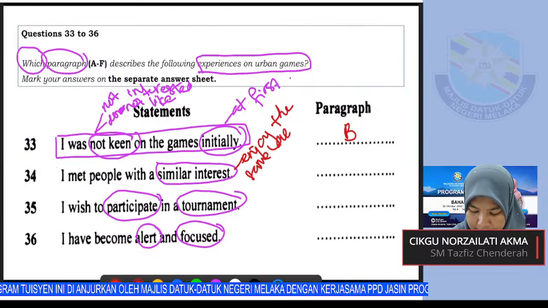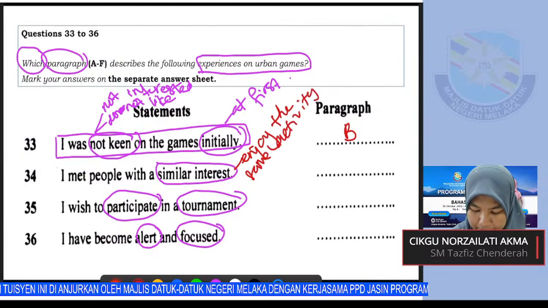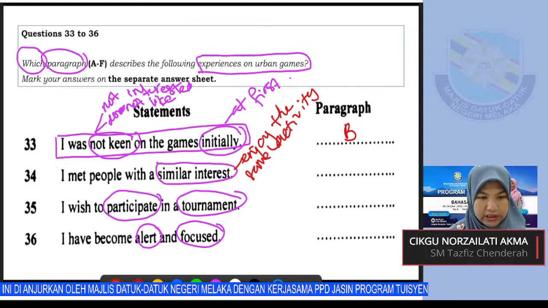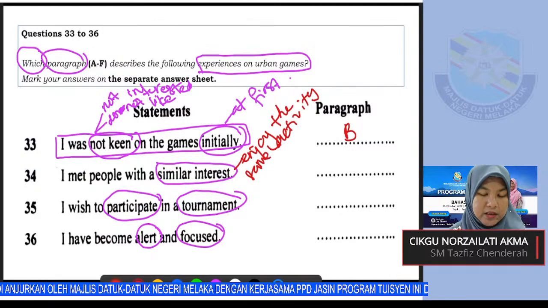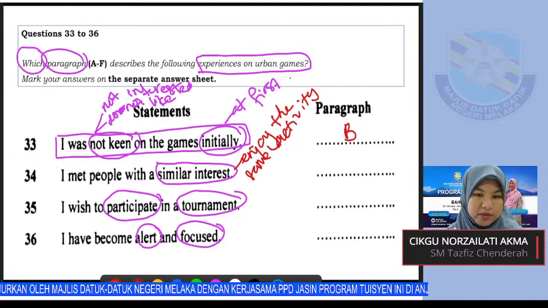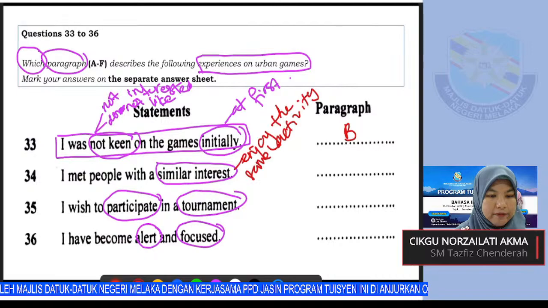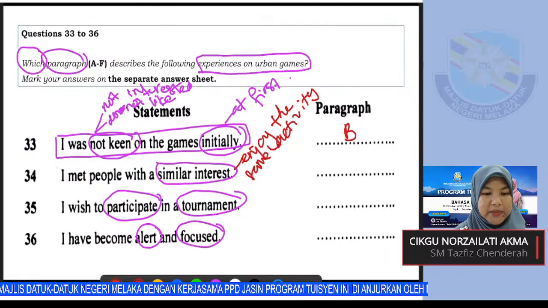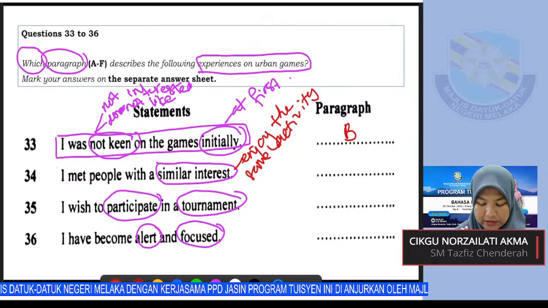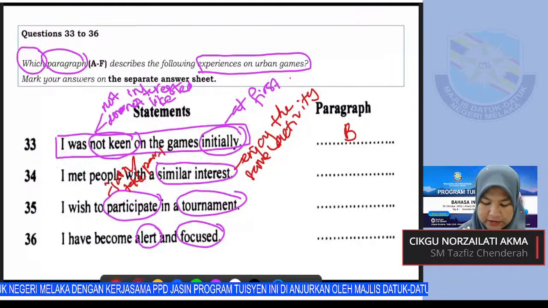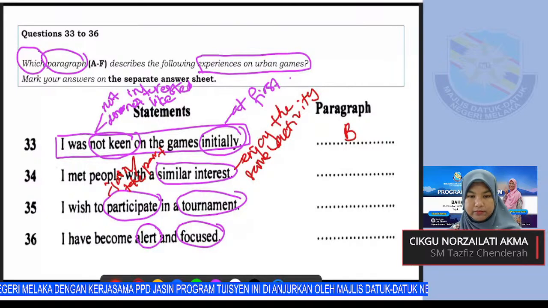Enjoy the same activity. Okay, so you look at the text later. Which paragraph shows that he meets people who enjoy the same activity as him? Okay, and 35, I wish to participate in a tournament. Participate can be join or take part. And then tournament, okay, it can be